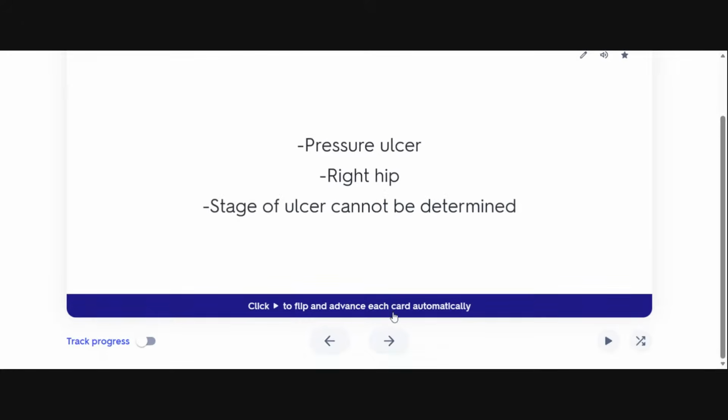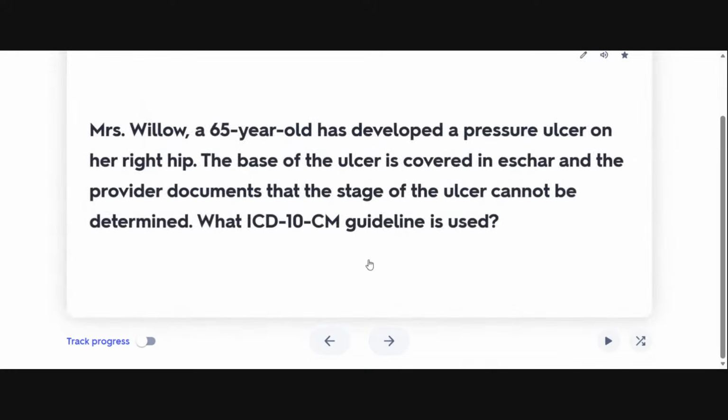And now we are going to be moving on to our second part of this scenario solving. Now we're going to be focusing on what guideline to use. I feel like I don't even need to give you guys a hint, but it is going to be in chapter 12, that integumentary system guidelines. Oh my goodness, we're already putting codes and stuff in there. Okay, I'll give you guys just a few seconds and then I'll go over it.